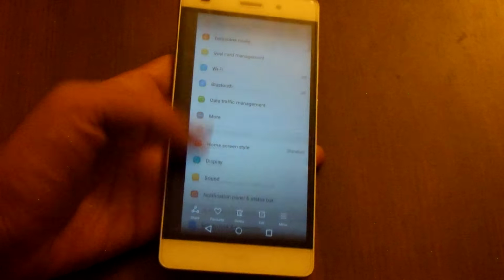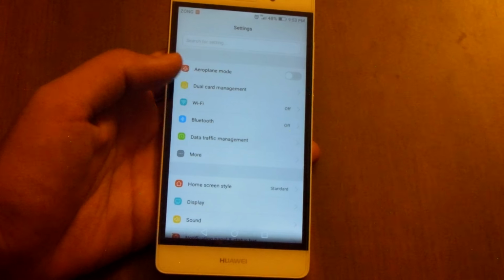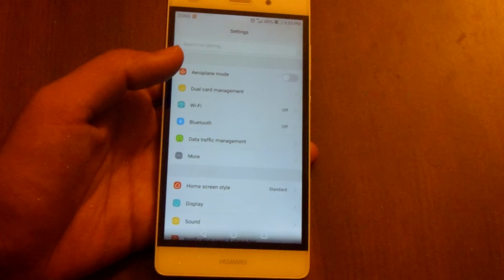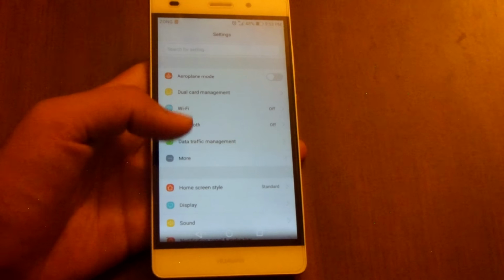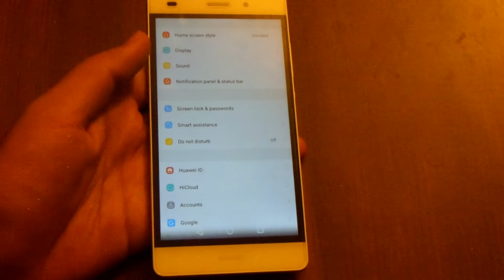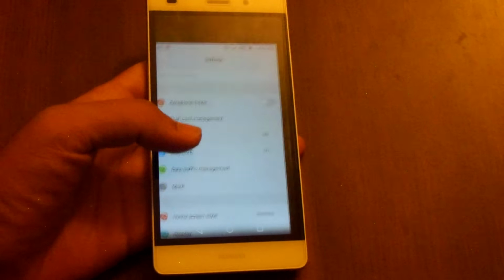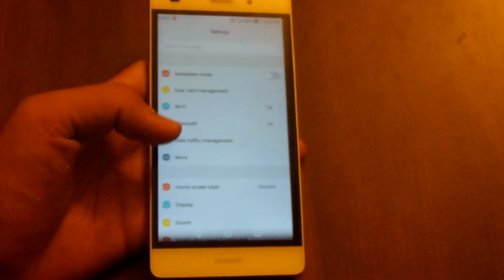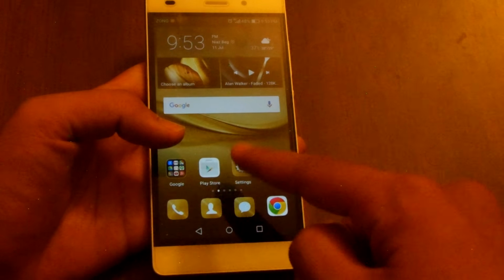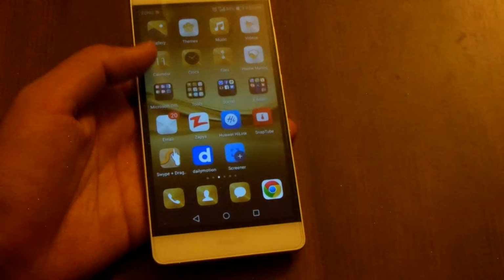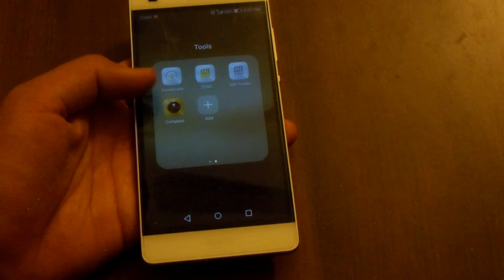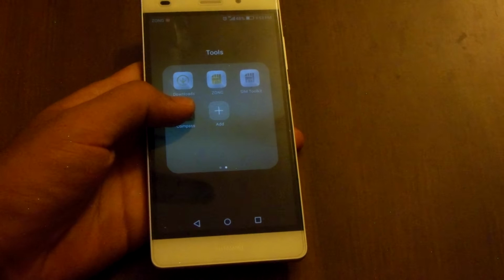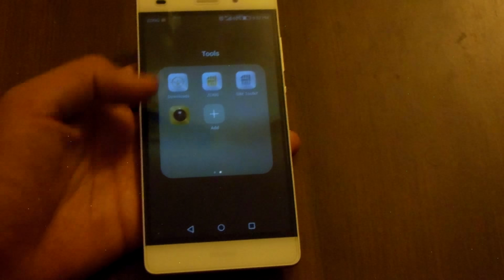You can double tap it to view it, like you view the actual page of the scroll shot you took. This is a really handy feature. And the next thing is that you get the compass application in the tools, and you can delete it, so it's not bloatware.